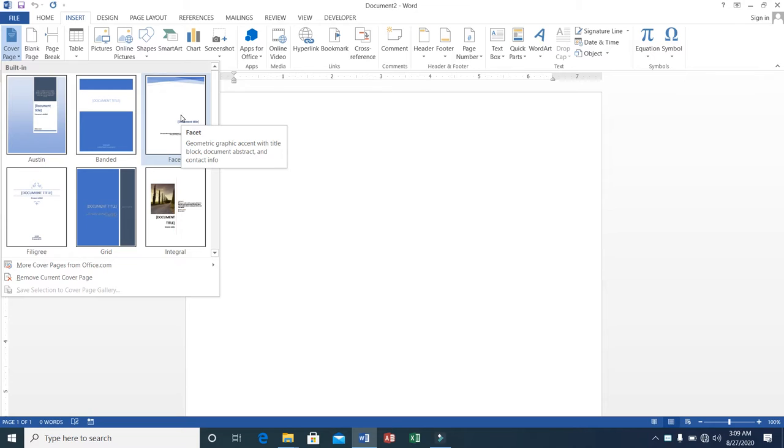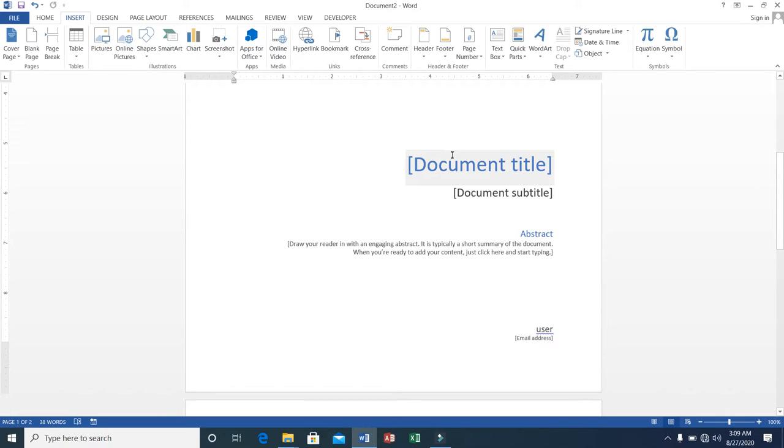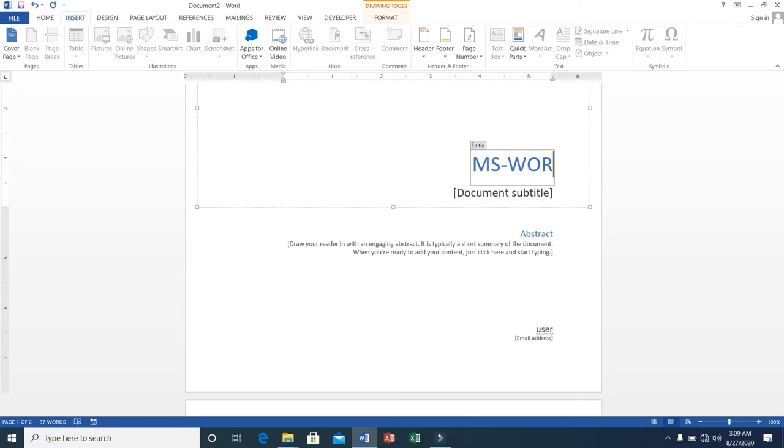this cover. Cover page means you write a book, and every book has a cover. You write a manual, you write a report, and this is the cover of the report. So I write this, and this is the format, automatic design. So the document title is MS Word, for example, MS Office. Document subtitle is MS Word,